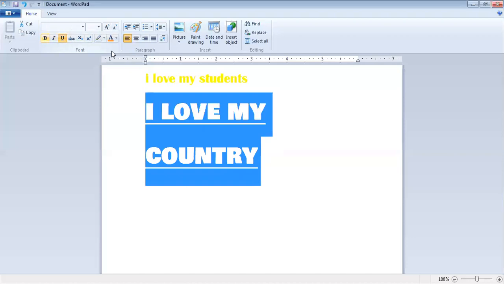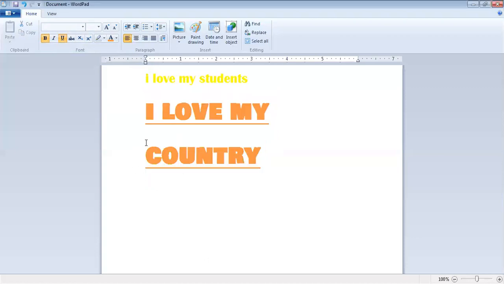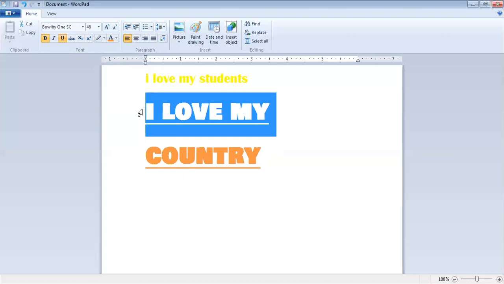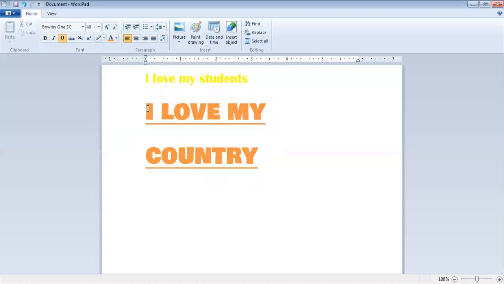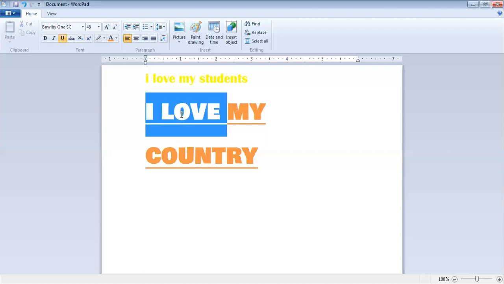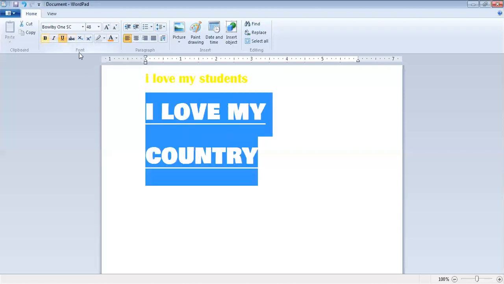I want to make my text bold. Let us see how our text becomes bold. Bold means to widen your text. Okay, can you see the change? My text is wider. Yes, I can see it. Now I will click at the beginning of the text and select it. Now I want to remove the bold. I will click on this again. See, it has changed. It is not as wide as it was earlier. I will select it once again and click on bold.